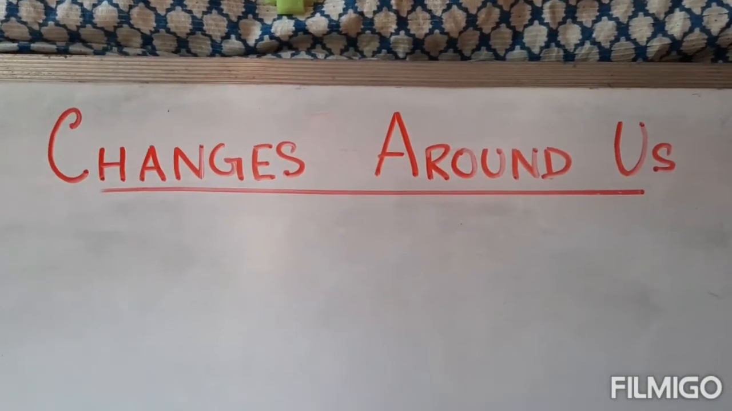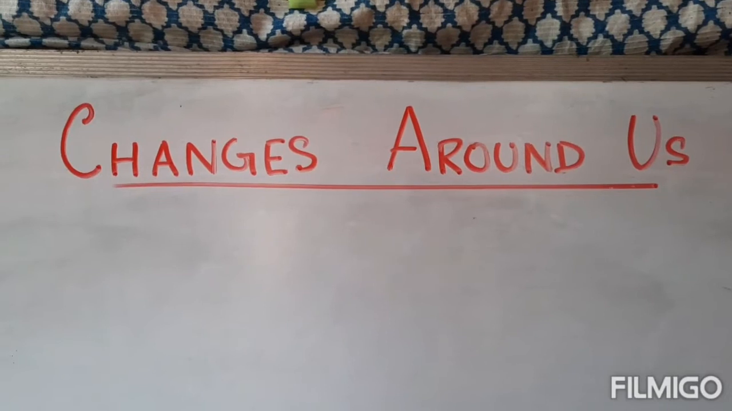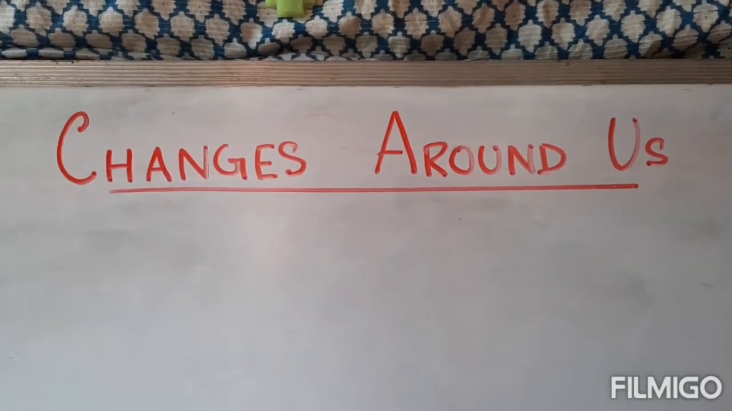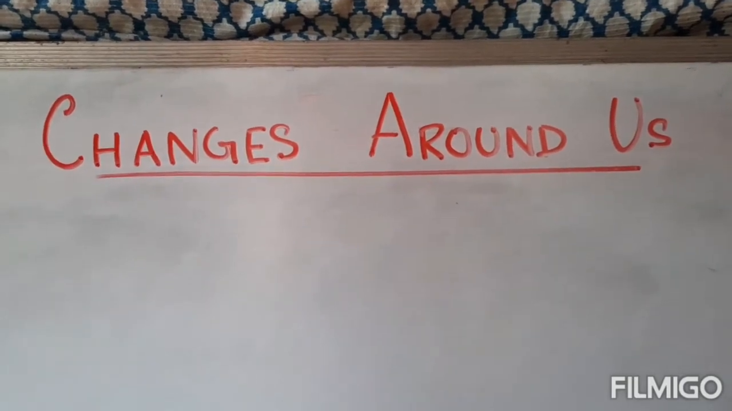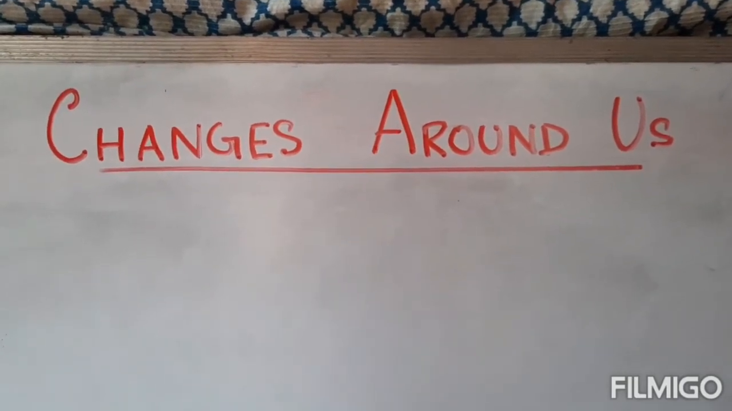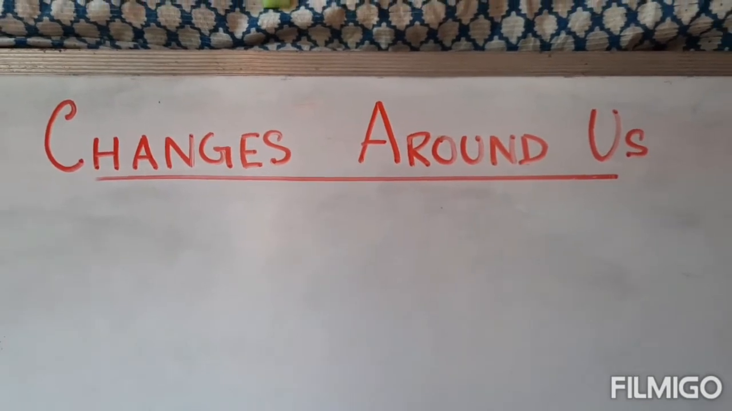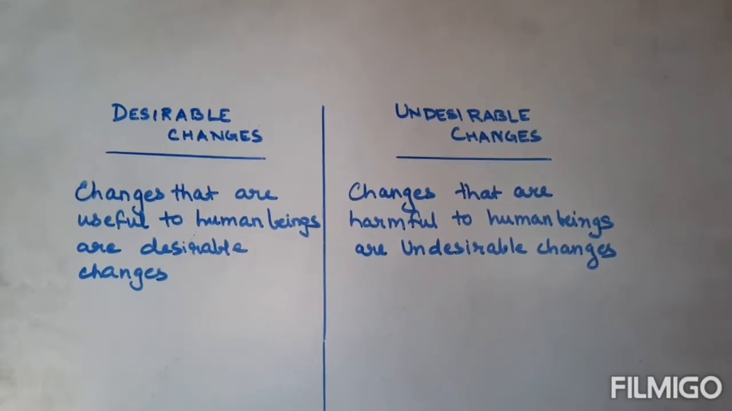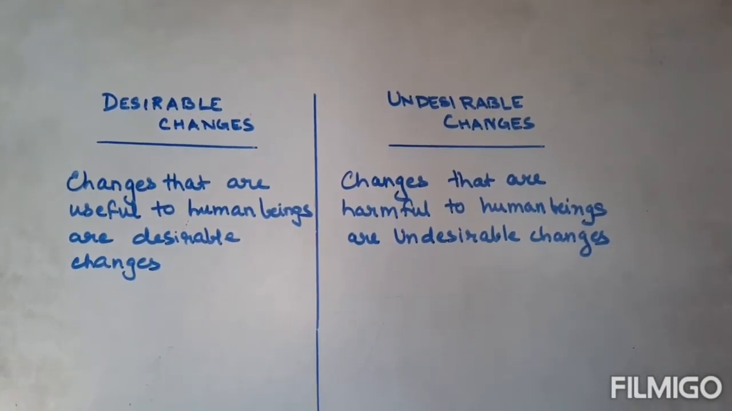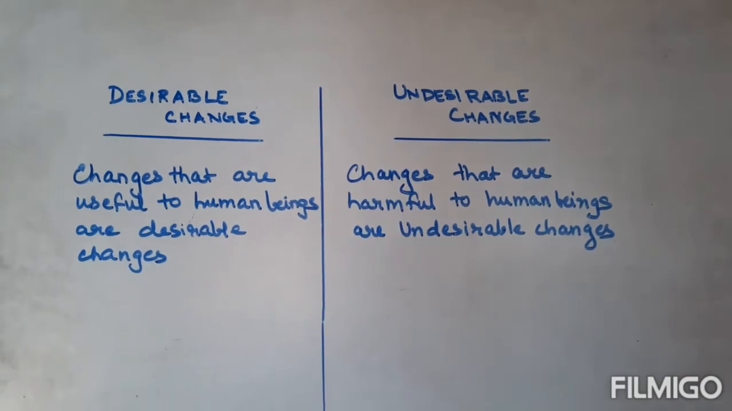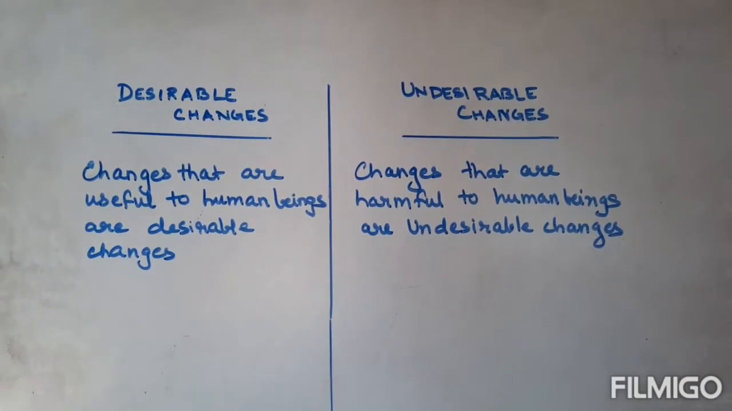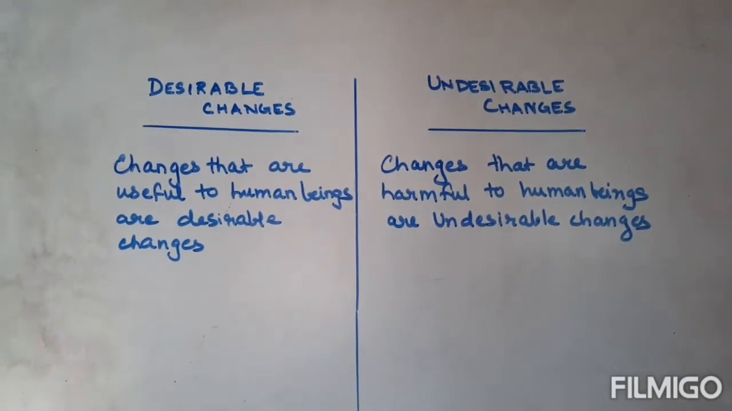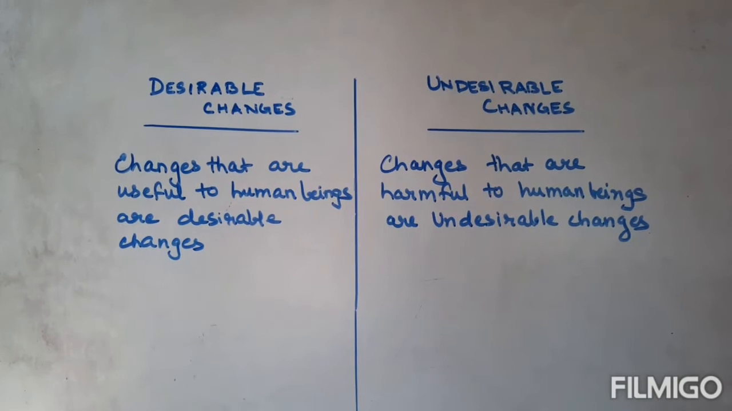Changes can be of use or of no use. It can be useful, it can be harmful. So we get desirable changes and undesirable changes. Desirable changes are changes that are useful to human beings, whereas undesirable changes are changes that are harmful to human beings. Desirable changes are like ripening of fruits, cooking,